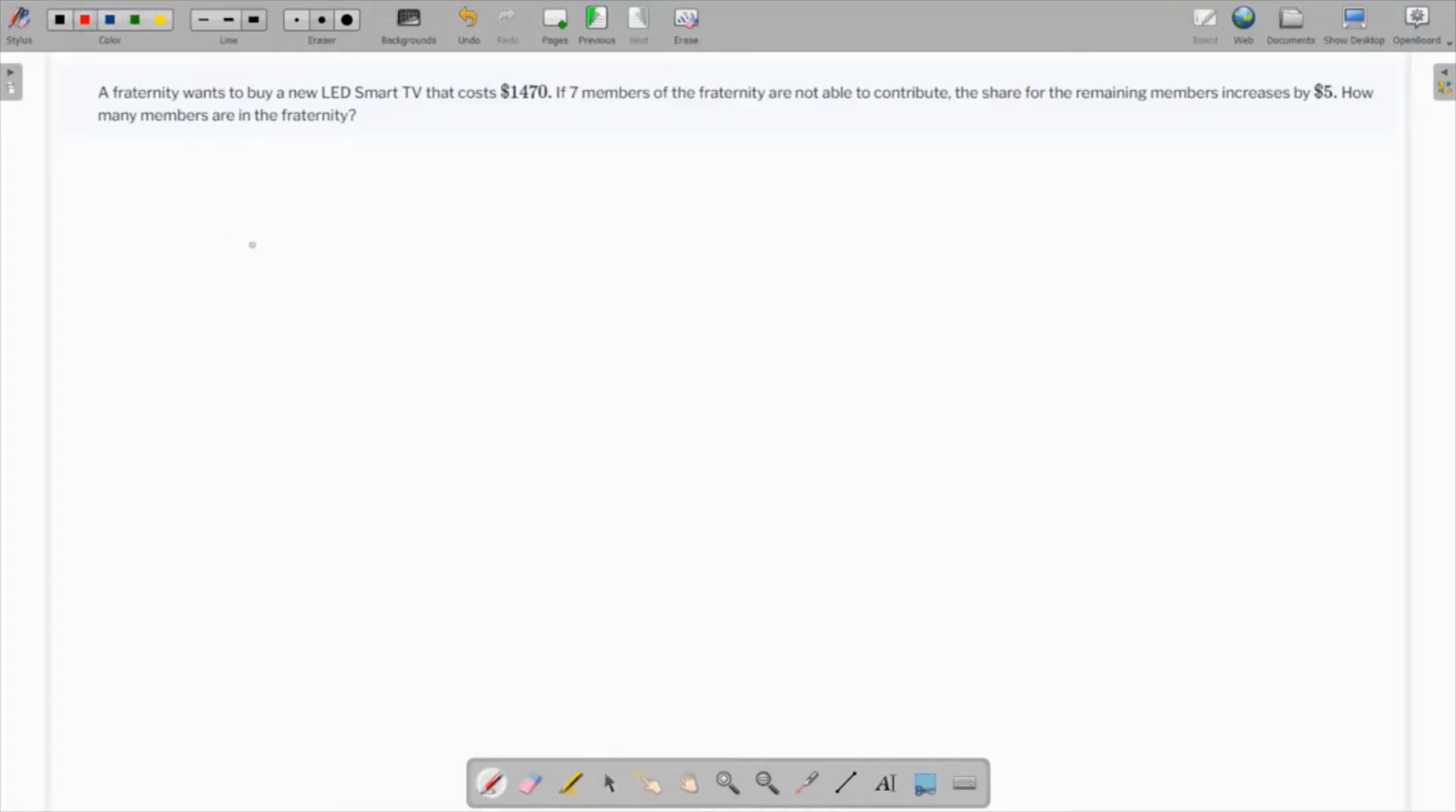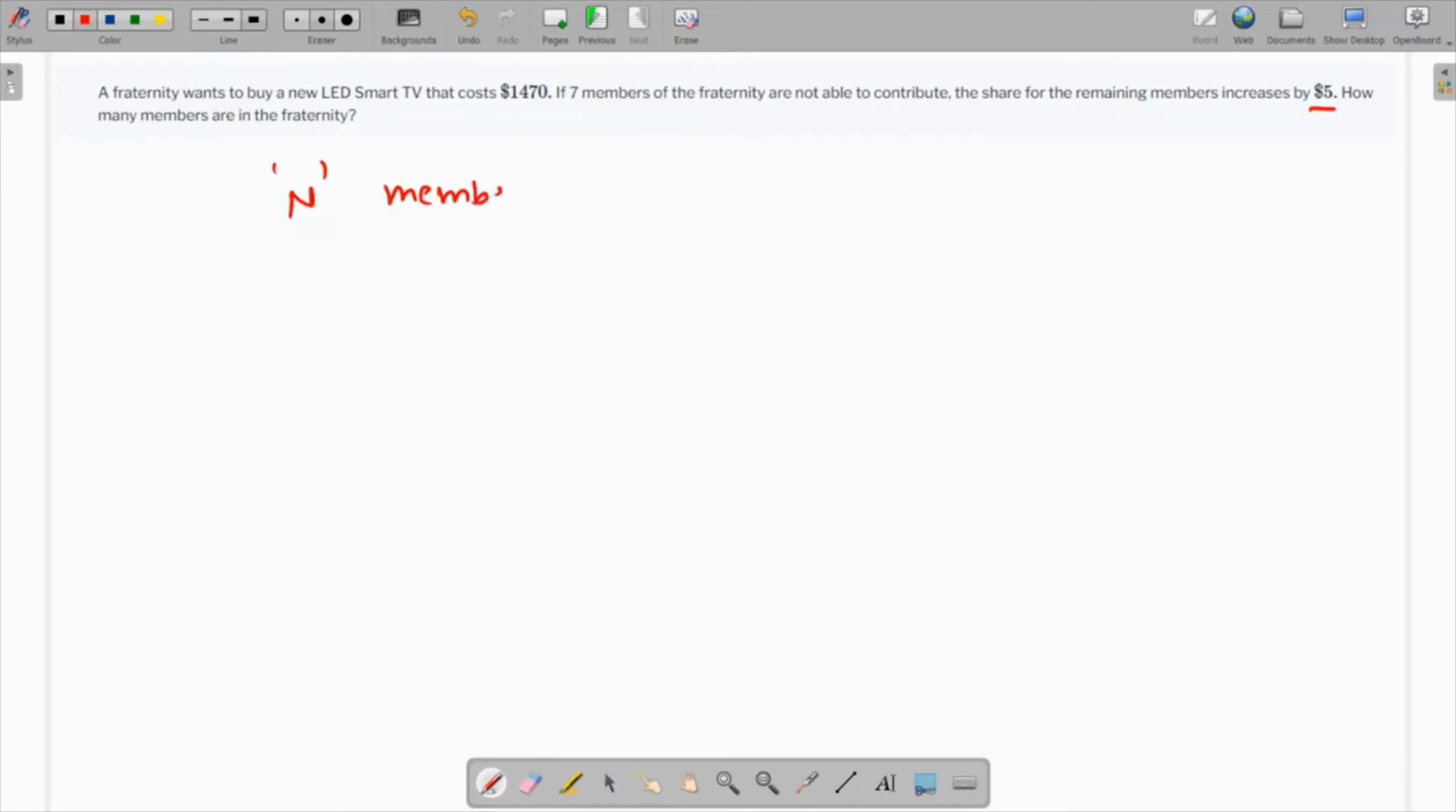This question: a fraternity wants to buy a new LED smart TV that costs $1,470. If 7 members of the fraternity are not able to contribute, the share of the remaining members increases by $5. So how many members are in the fraternity? There are